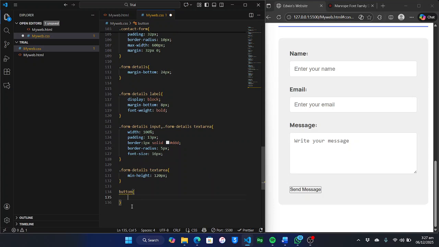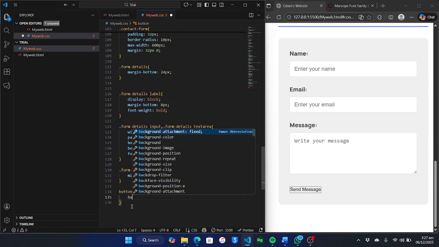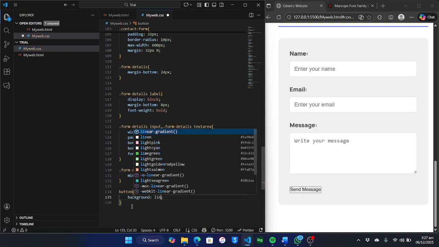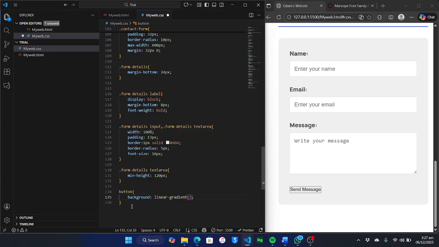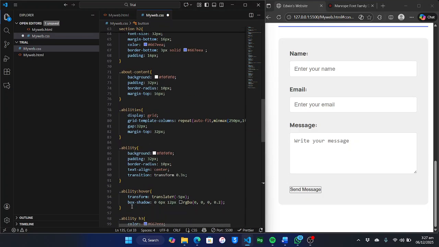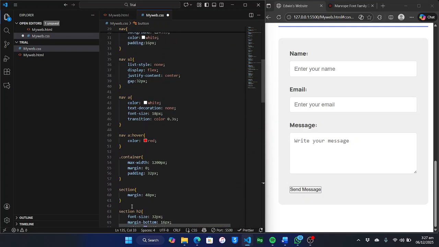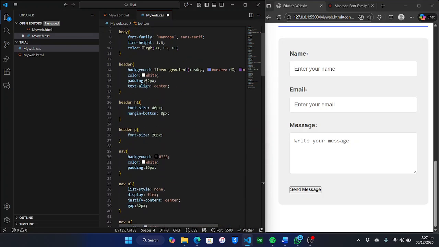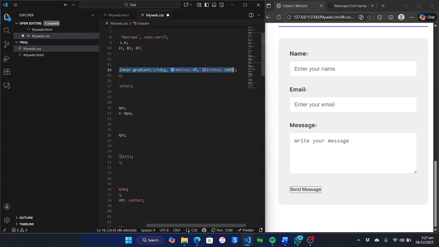We make this like a linear gradient so that it will look stylish, right? So the background, let's make it a linear